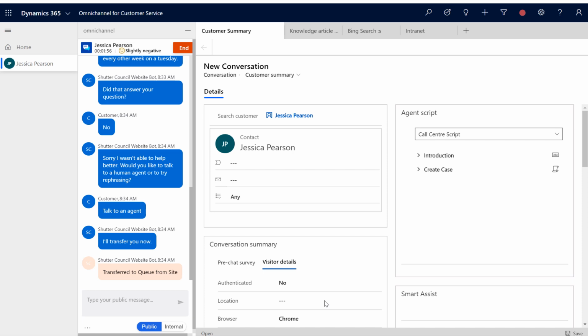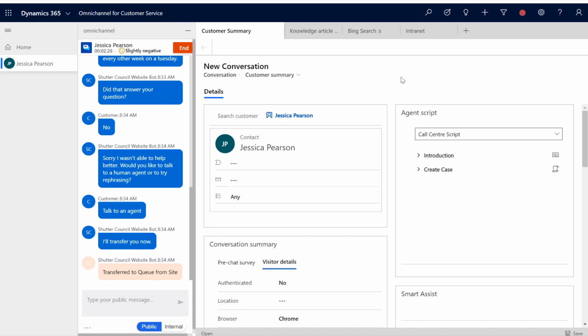And the location is also useful because, for example, we have different ways of routing conversations, one of which could be skills-based routing. Say, for example, you have a chat that's initiated in Paris. You might actually want to route that to an agent that is fluent in French. And this allows you to do that.